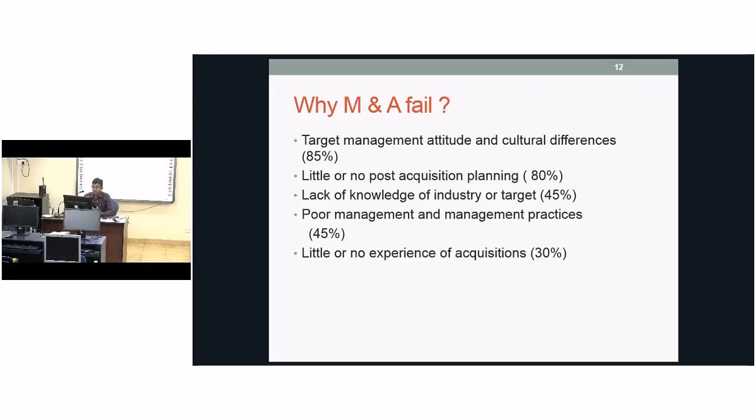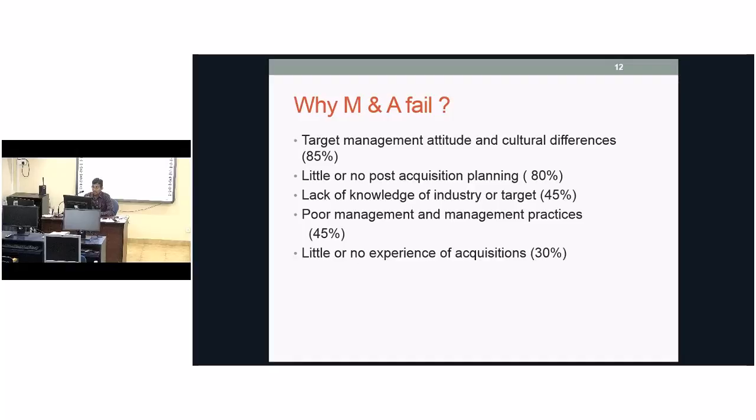You don't know the things that have to be considered, the things that have to be watched when you are going to be merged or taken over. So that may lead to failing again. That's one reason. But the main reasons, as we discussed at the beginning, are the change of management attitude, cultural